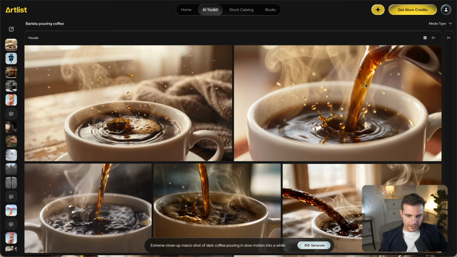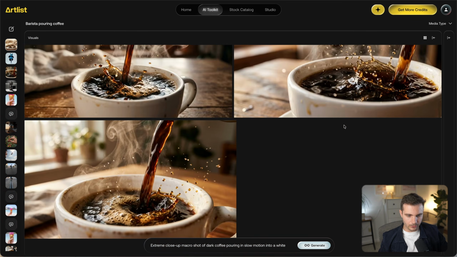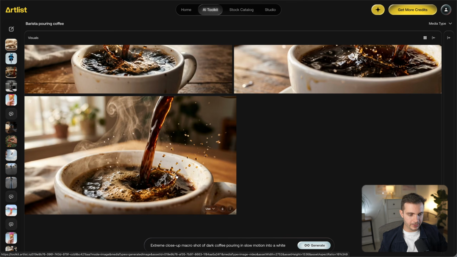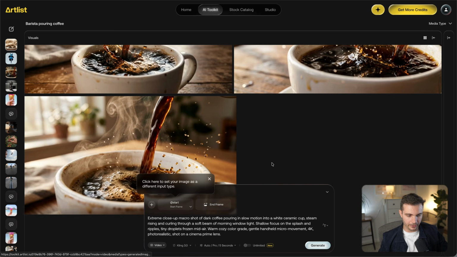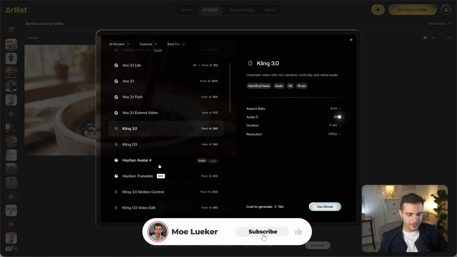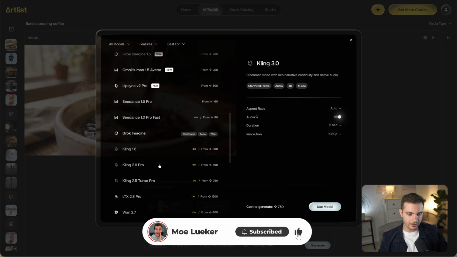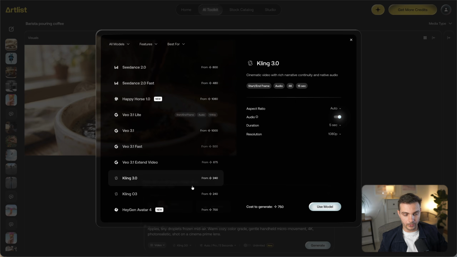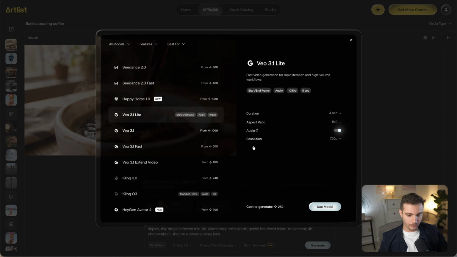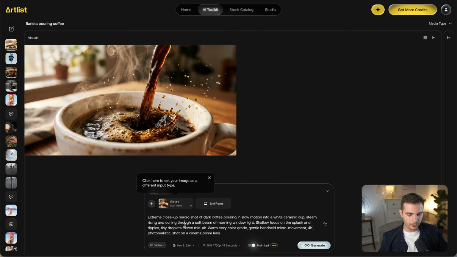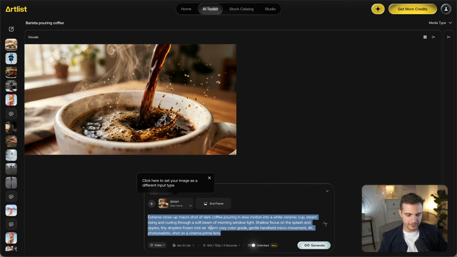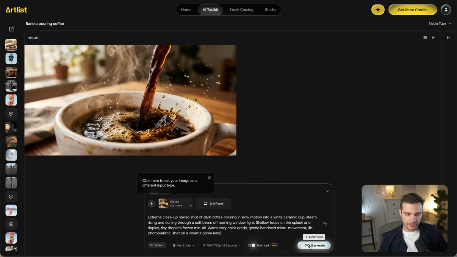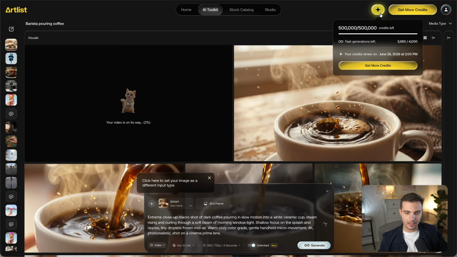So for example, out of these, I like this shot here. This one is really cool. Or this first shot that we generated looks epic. If we want to turn this into a video now, we can use this particular image and click on generate video with that. In the bottom left corner, we can see all of the different video models that are available that we can use. And we can see that the Veo 3.1 Lite actually also has unlimited generations, which is insane. So we'll select that, click on use model, and we'll use the same prompt that we had here. We'll add audio and we can generate the shot. And once again, this is not taking up any of our credits.